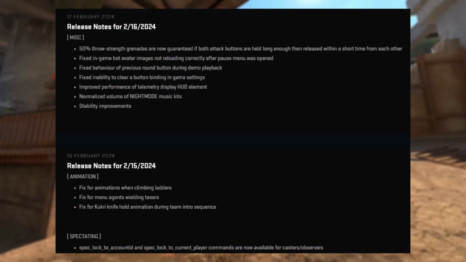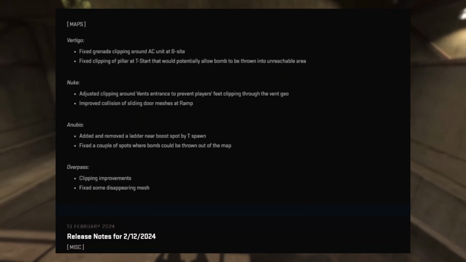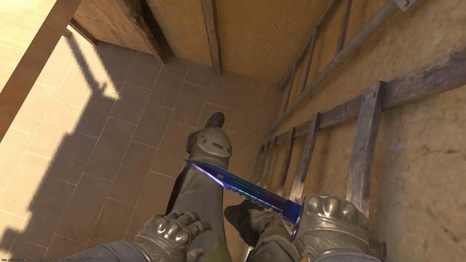Finally, we've got a new update today which adds one of the most requested features in CS2, as well as many other changes. So buckle up and let's start the breakdown of the patch notes. So starting off with animation changes, Valve has finally fixed the stairs bug, where sometimes your character model would be